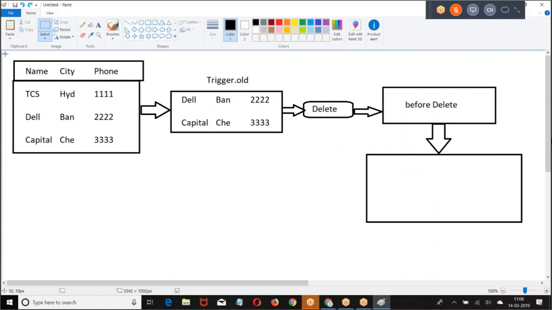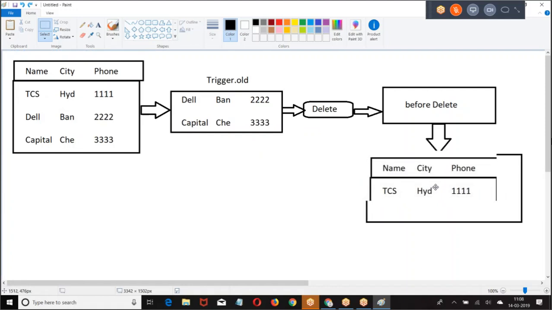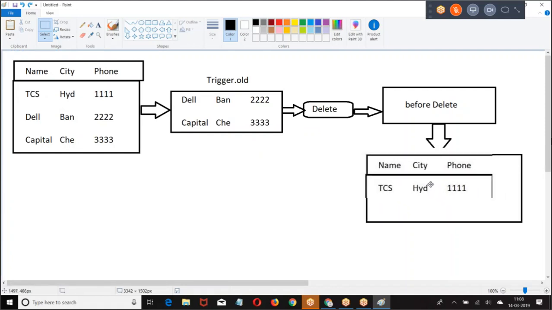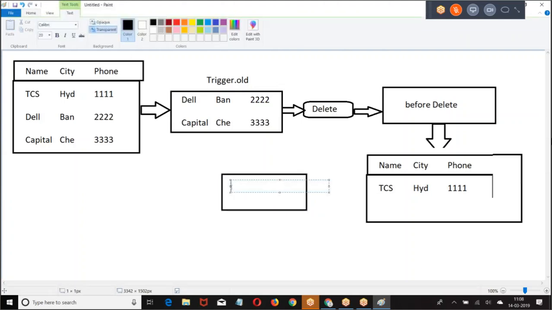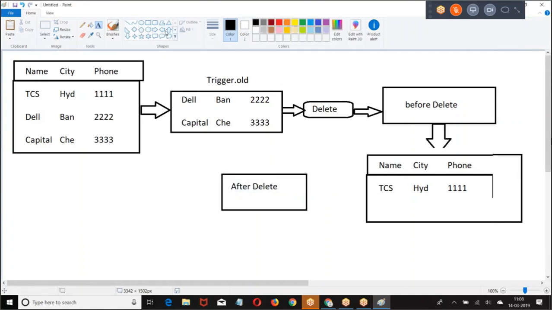Only this is the data which is left out. Then the after delete trigger will run.